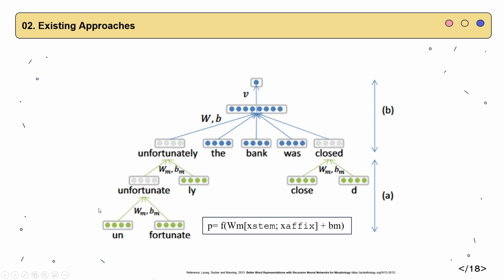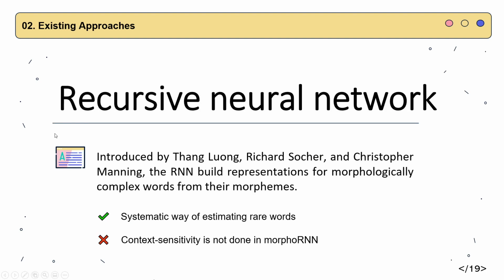Part B is a neural language model that is used to score the n-gram probability, which we will not be explaining. So the recursive neural network provides a systematic way of estimating rare words, but context sensitivity is not done in the morphoRNN itself, and it has to rely on the neural language model above it. So it does solve a certain problem, but it leaves many unsolved, which inspires us to propose our own approach to